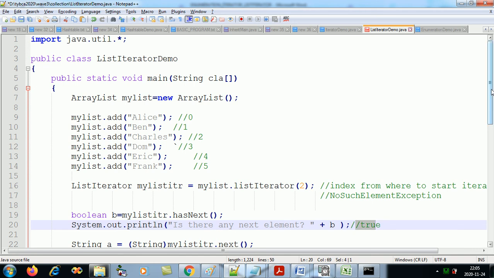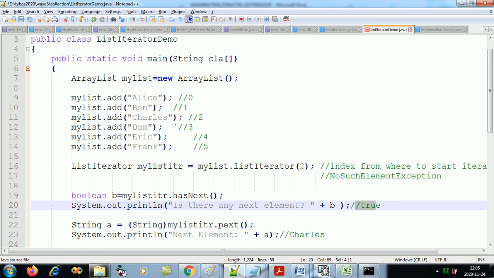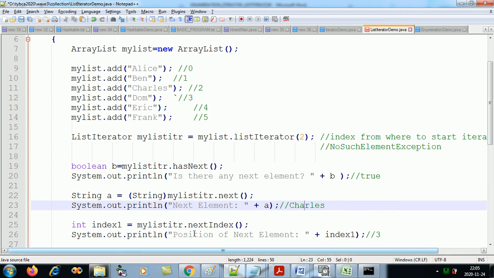If you want to fetch that element, which method do we have? Same as iterator, next. What will it fetch? Charles, convert it to a string and store it in variable a. So the output will be: yes, it is there, and Charles. If you want to see the index of the next element, we have next index.